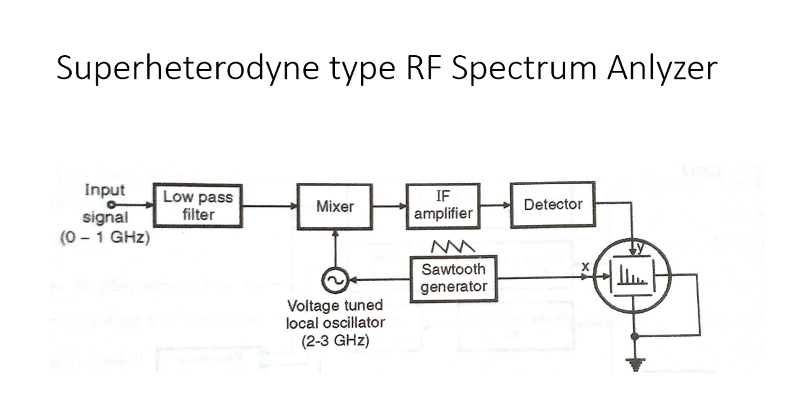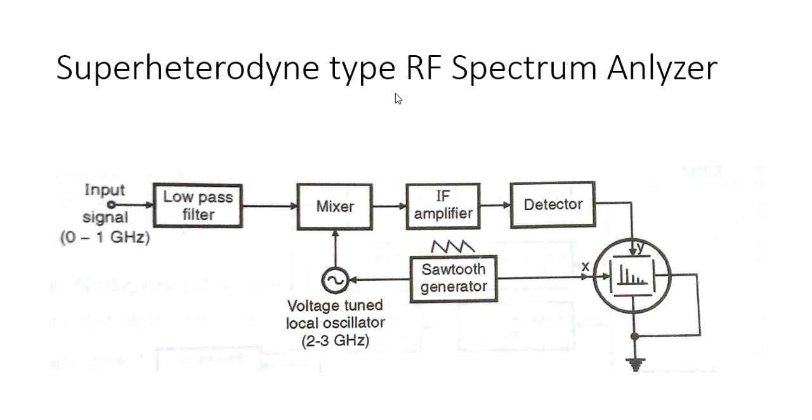Now the major application of a spectrum analyzer is to study the radio frequency spectrum produced in microwave instruments. If you see such a microwave frequency range, the signals are separated by only a few kilohertz, and these signals can be individually studied by using spectrum analyzers. So here it is the superheterodyne type of RF spectrum analyzer. Again, in electronic communication systems, you will study this superheterodyne type of circuits